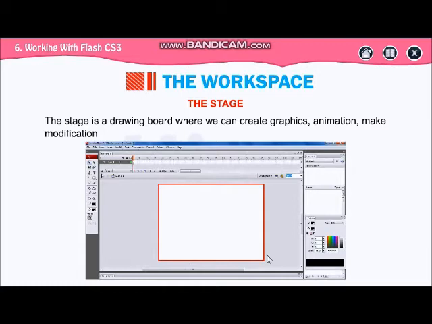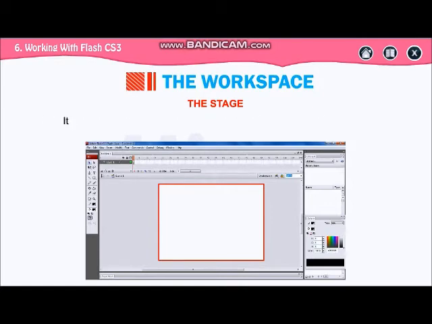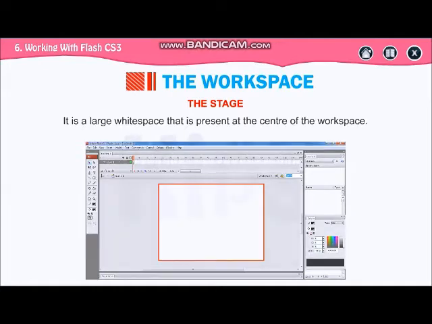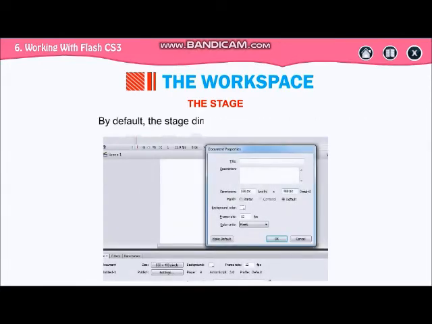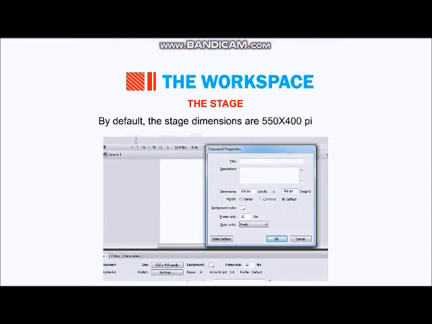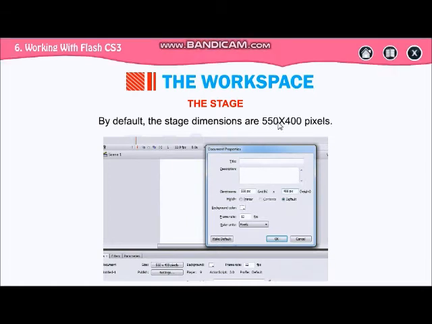Now what is this stage? This is your stage, means your drawing board, where we can create graphics, animation and make modifications. It has a large white space present at the center of the workspace. By default, the stage dimension is 550 by 400 pixels.